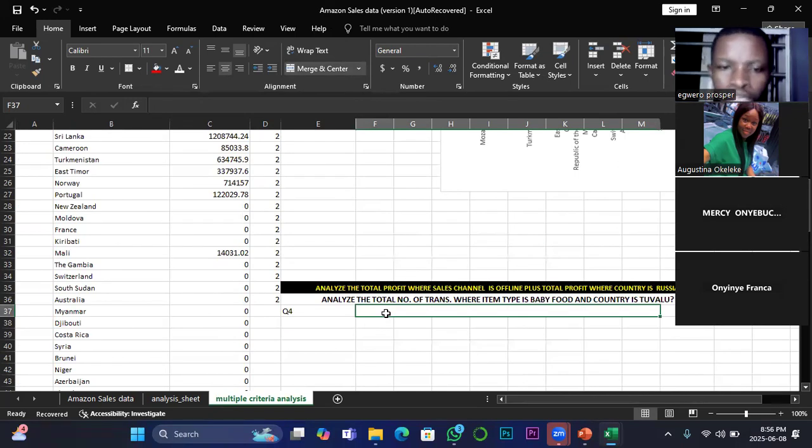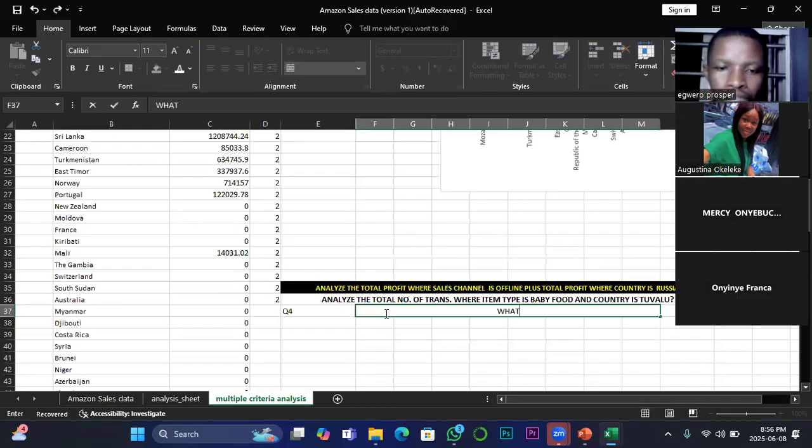So my Q4 is, let me try and change the question writing method. What is the total count or total transaction? Let's make it real. Total transaction